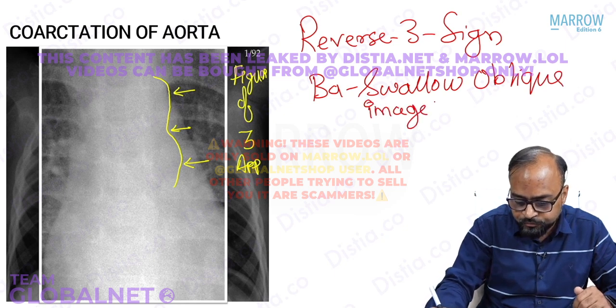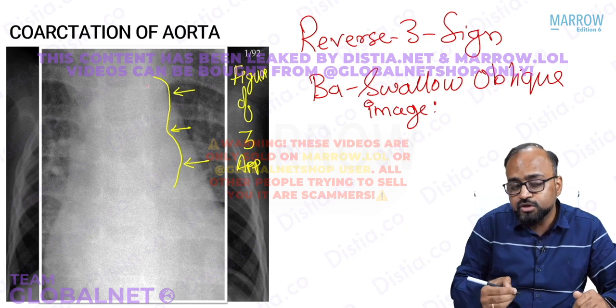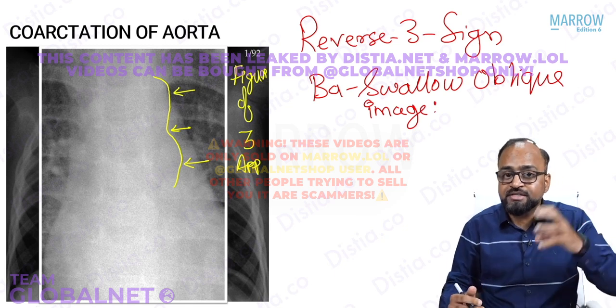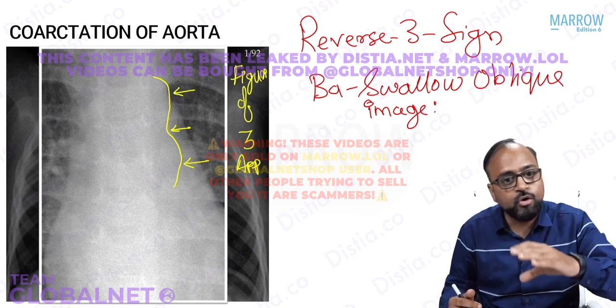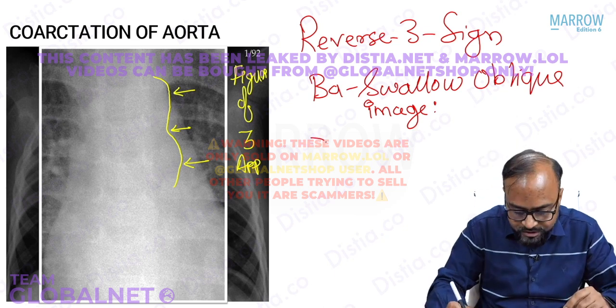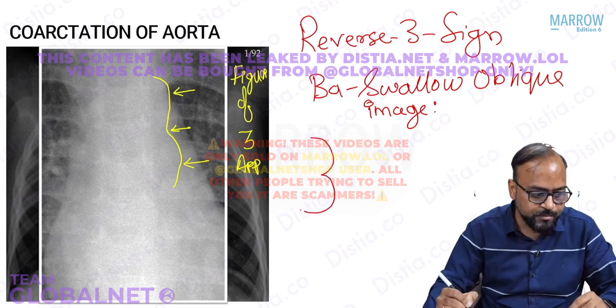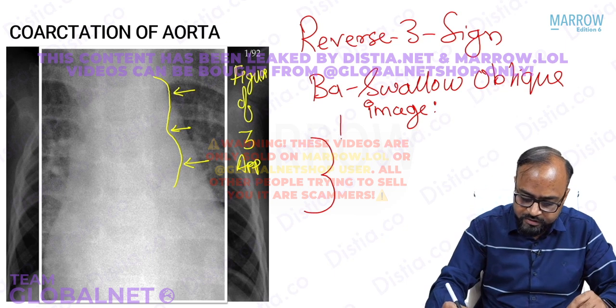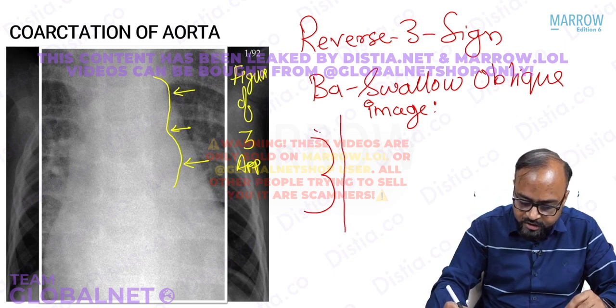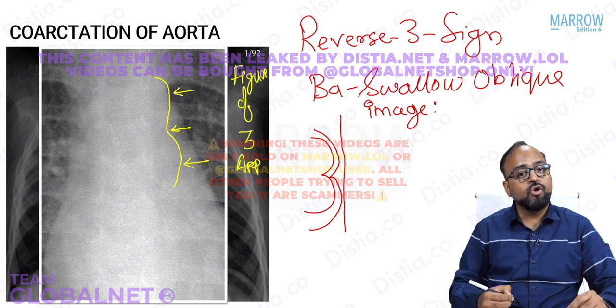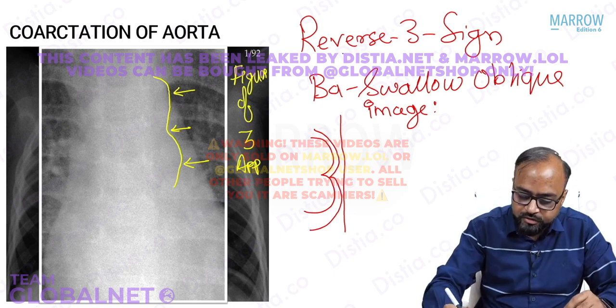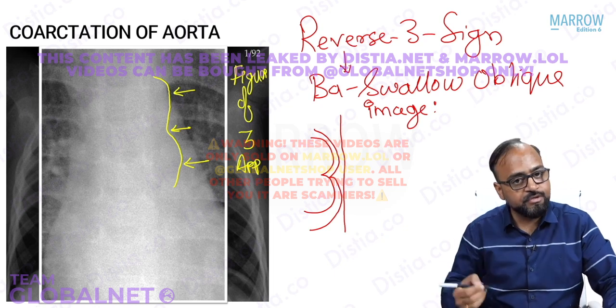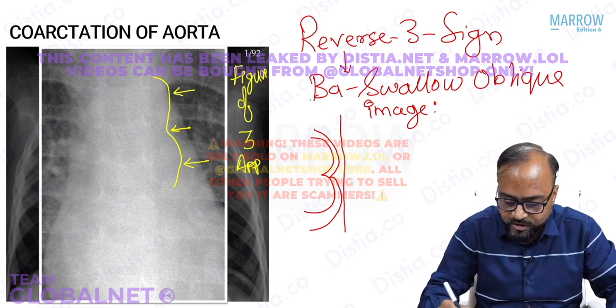Can you imagine? This 3 shape is going to create an extrinsic impression on the esophagus. So if this is the aorta which is 3 shaped, and this is the esophagus, there is going to be a reverse 3 shaped impression on the esophagus. That is called the reverse 3 sign, which is seen on the esophagus on a barium swallow study on an